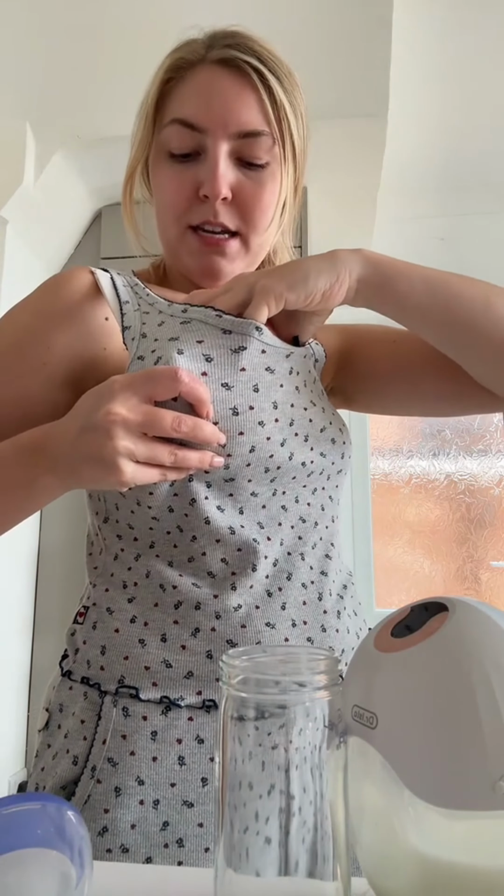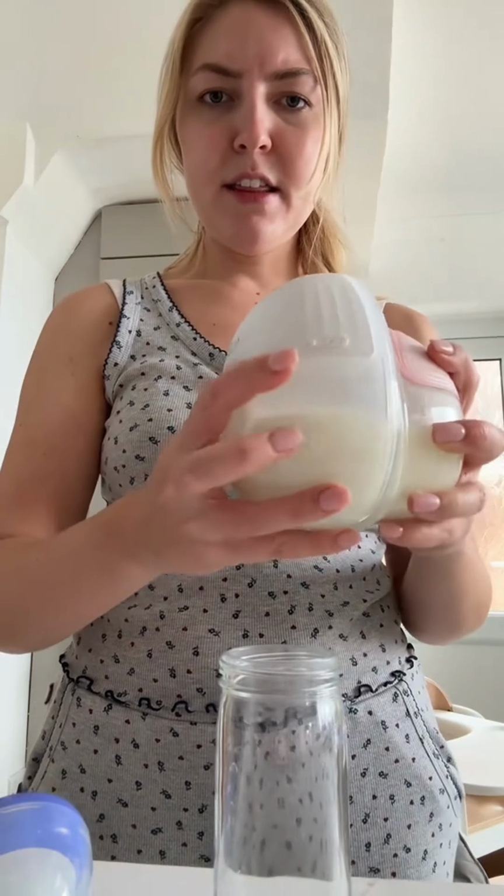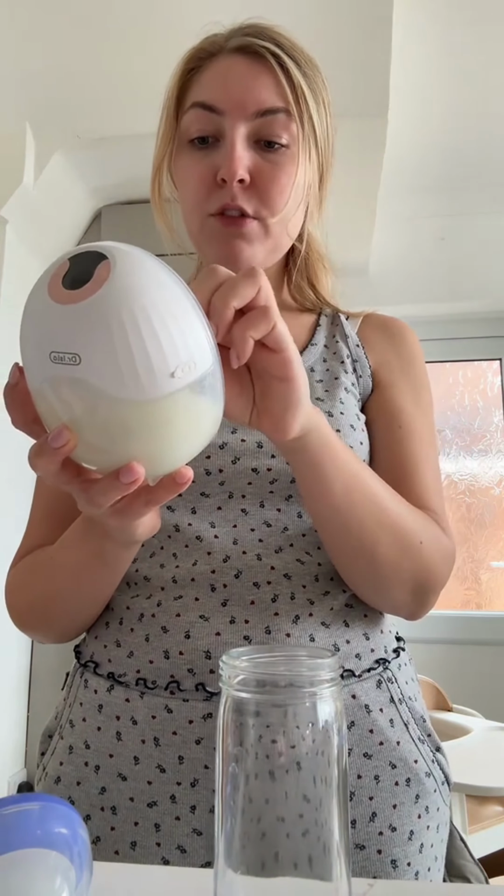Now a few things with this pump, and we'll talk through it. So I did the same amount, so I only got one pump. I did the same amount of time, 20 minutes, that I did on this side. So I think roughly I've got the same amount, because obviously this one's longer than my other pump. So we shall see. The only thing I would say about this one, if I'm giving my honest review, is